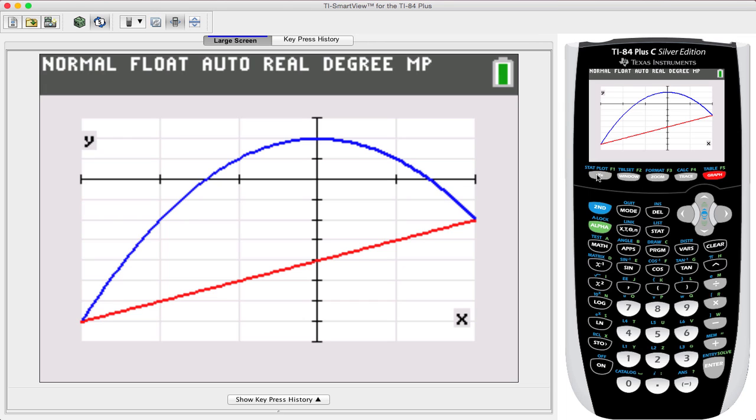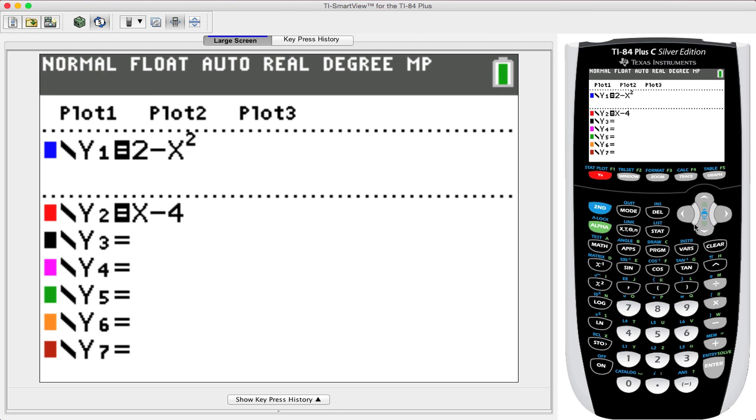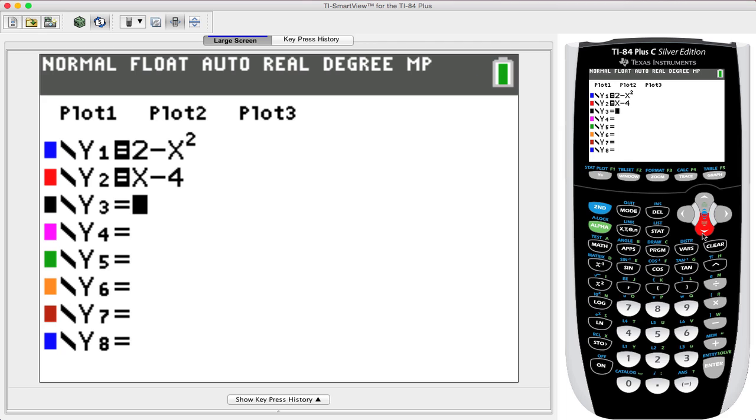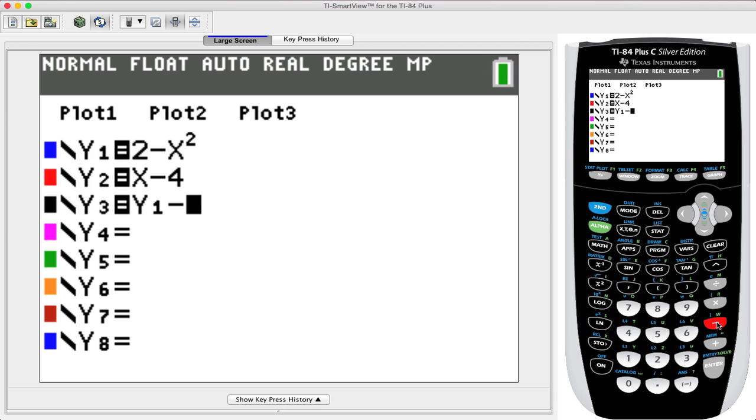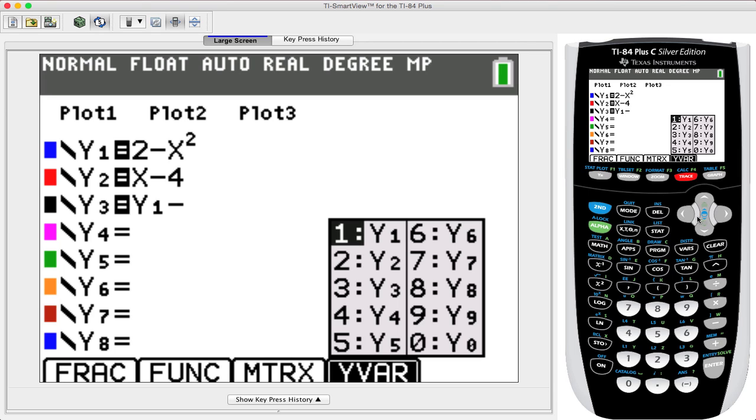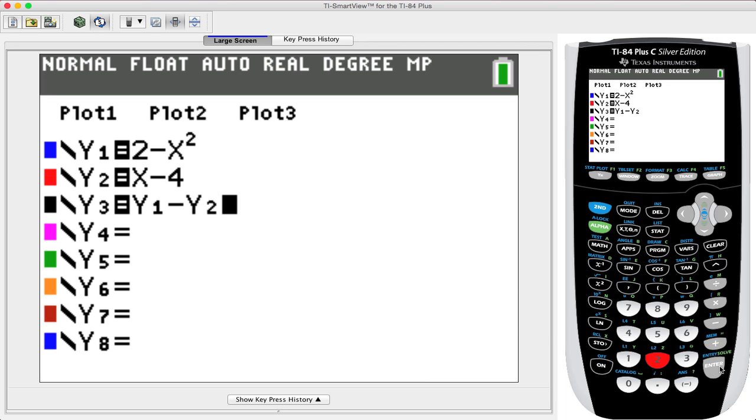And then let's go back to y equals. And now let's put these two functions in as we said. We said the parabola was the larger one, so that is y sub 1. So I'm going to do alpha and press trace to get to f4. I want number 1 to give me y sub 1, and I need to subtract off the second equation. So again, alpha and then trace to get to function 4. I want to press number 2 to get y sub 2, which is a straight line. And now I want to go back to graph.